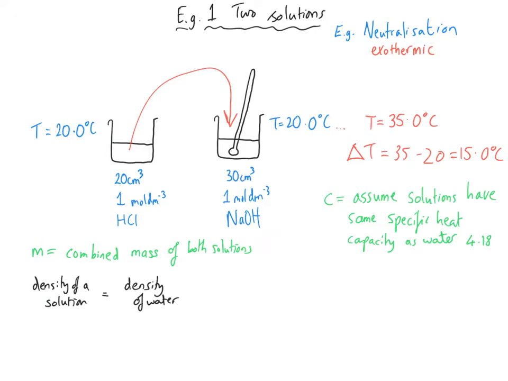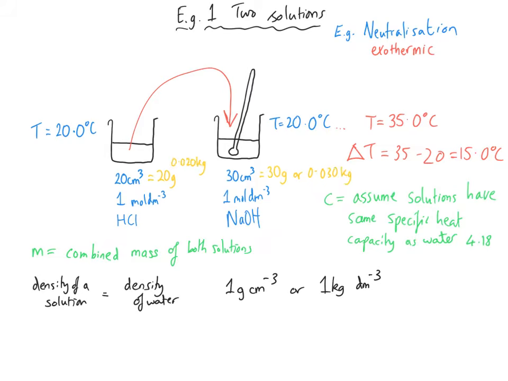Which brings us to the next assumption, which is the density of a solution will be equal to the density of water, which, for the reasons we mentioned earlier, is a reasonable assumption. And the density of water is 1 gram per cubic centimetre, or 1 kilogram per cubic decimetre. And what this enables us to do is to say for the sodium hydroxide we had 30 centimetres cubed, well that would be 30 grams worth of liquid. And similarly for the hydrochloric acid this would be 20 grams worth of liquid,